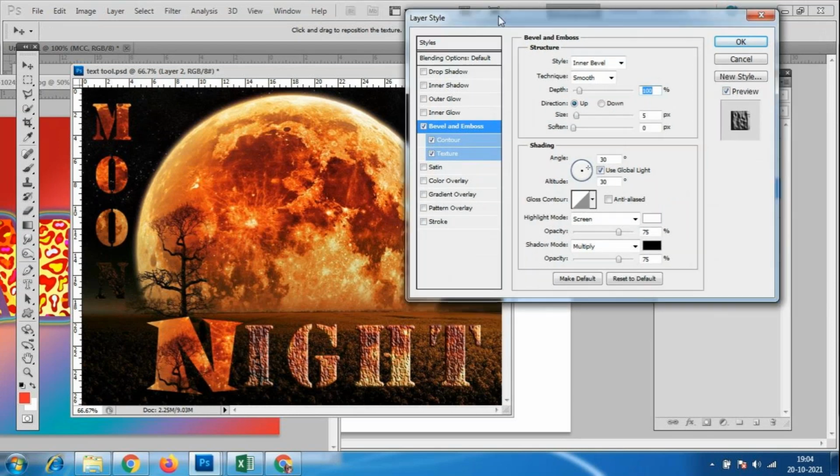Okay, so I'll remove the texture here and the contour here. With bevel and emboss, you will get a pillow effect like this, you can see this size. So we don't get the flat text. Okay, so like this we'll get the option. You can even move the depth of this text, and some of the changes you can do over here. So always you have to select this text and then move the changes.